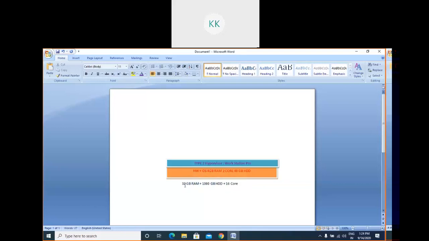That means from here 32 minus 4 is taken here, 2 cores are taken, and 14 cores are left, and you can make the calculation easily. So this is our total underlying hardware configuration. This much of resources I have in my account. Now I have to make the distribution from this.